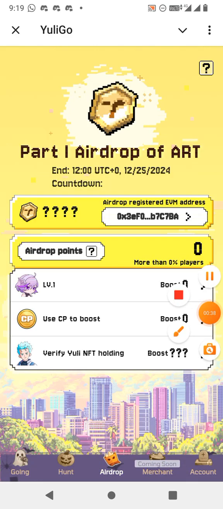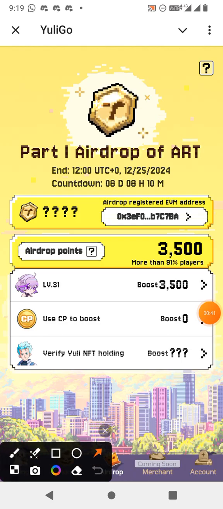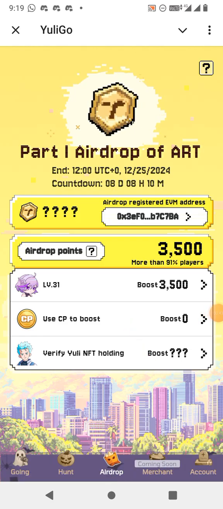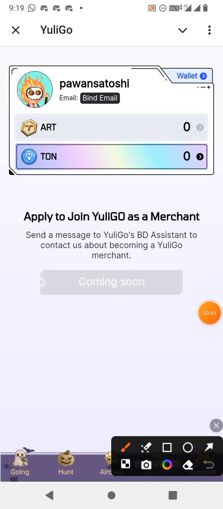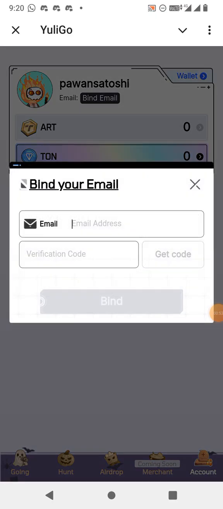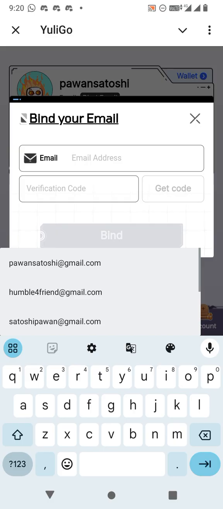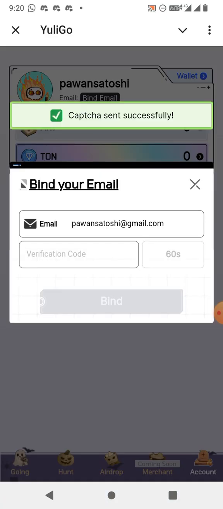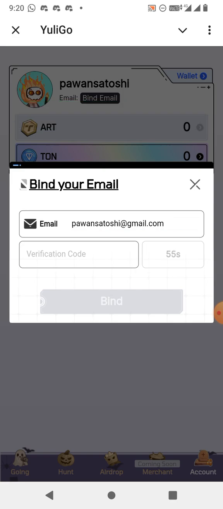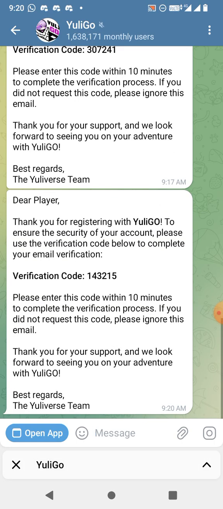So now what you have to do, first you have to click on this part, account. आपको account में जाना है. Now you can check, there is one option, that is the bind email. So you have to click here, bind email, and you have to put your email ID. So get code. So now where code will go, it will not go in your email ID. It will only come here. ये आपके ईमेल आईडी पे नहीं जाएगा. ये देख रहे हैं आप